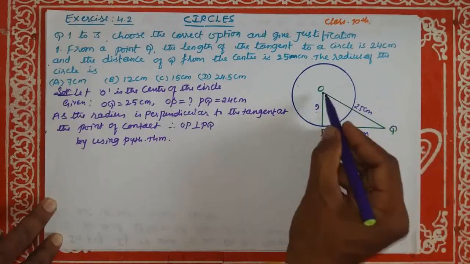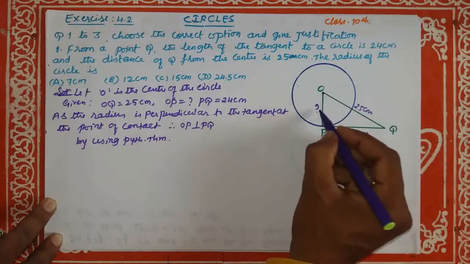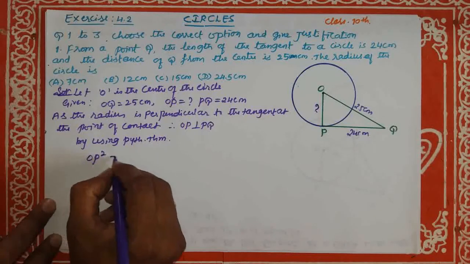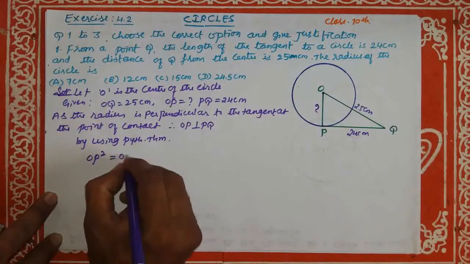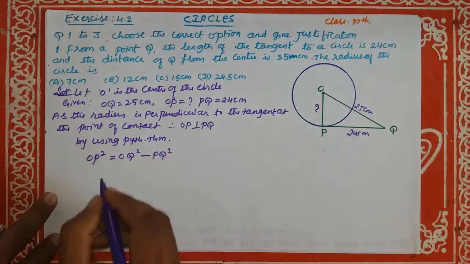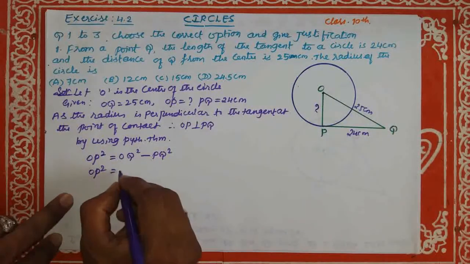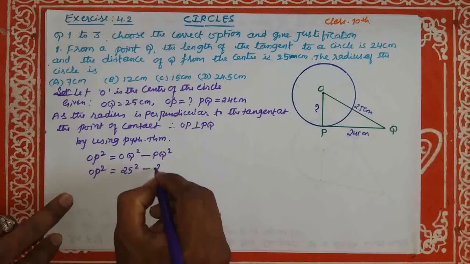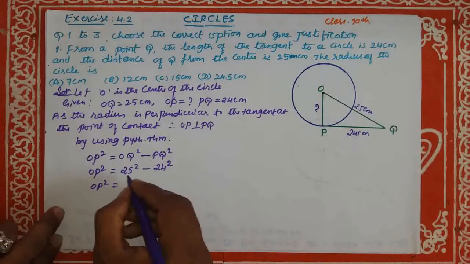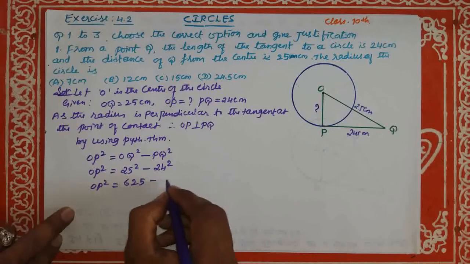See here, OQ square is equal to OP square plus PQ square. Directly you can write, because we need to find OP, OP square is equal to OQ square minus PQ square. OP square is equal to 25 square minus 24 square. 25 square is equal to 625, and 24 square is equal to